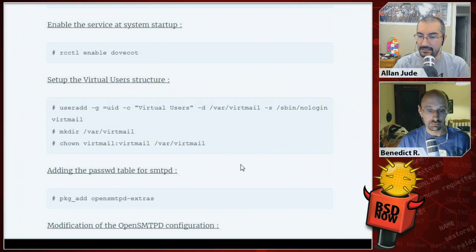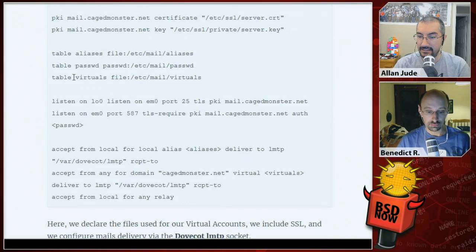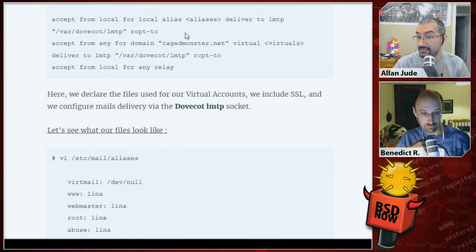Then we add the password table and install the OpenSMTP extras, which gives you a couple extra things. And then we can see, in addition to our aliases file, we also add a table password and a table virtuals. That'll do the mapping for us there. And then lastly, instead of delivering to the local mbox, we deliver to the LMTP, the local mail transfer protocol socket, for Dovecot. And Dovecot will take care of